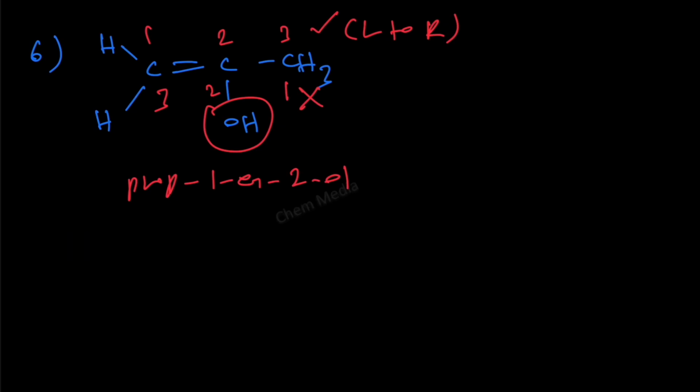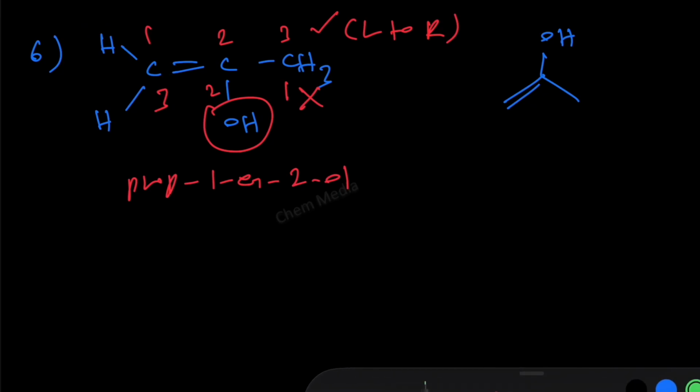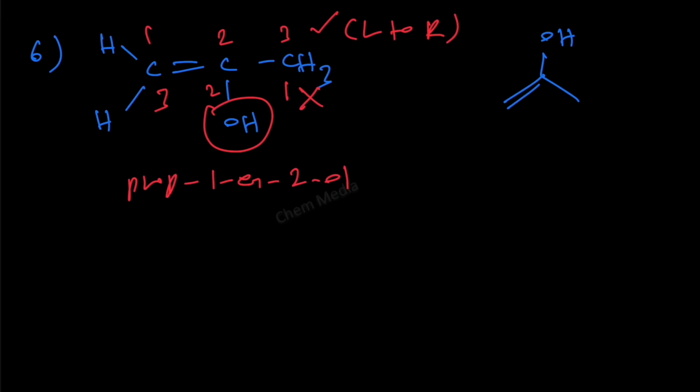And the corresponding structure in bond line notation would be 1, 2, 3, and then the double bond, and then the OH group. No geometrical isomerism is possible in this because on one side of the double bond we have the same atoms, 2 hydrogen atoms. So therefore, no geometrical isomerism. And then number 7, we are going to write cyclopropanol, that is